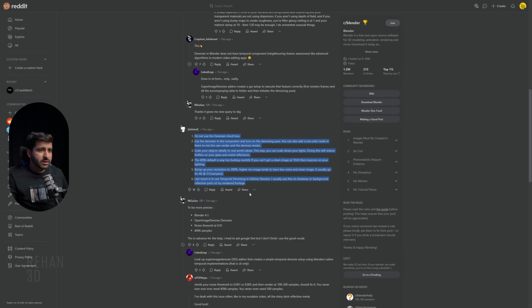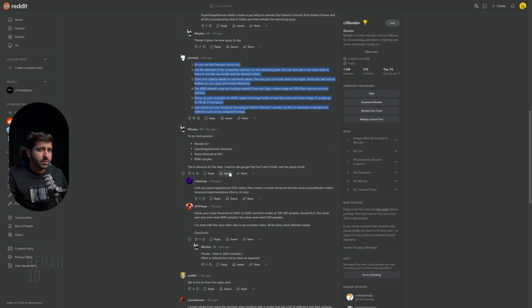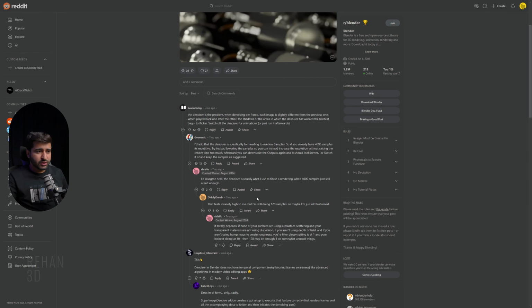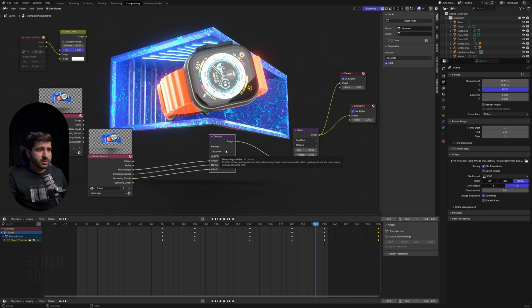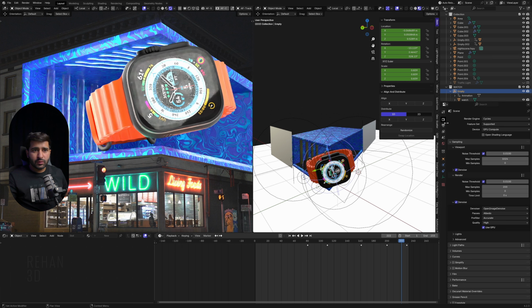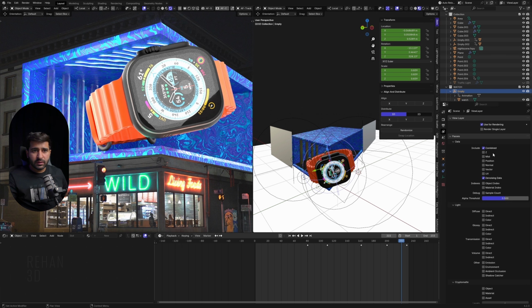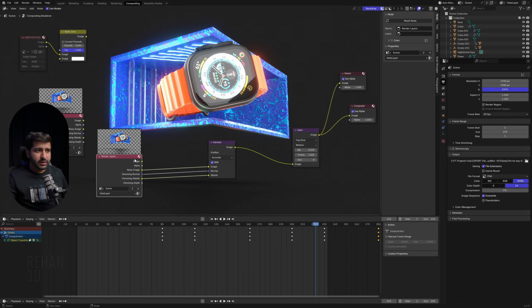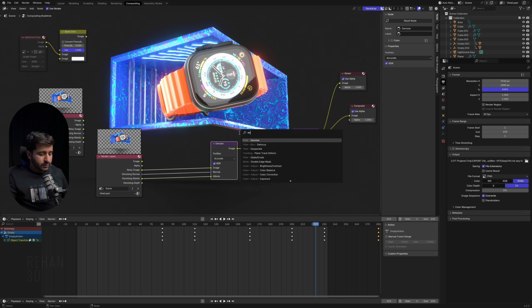After trying many methods, I solved the issue. This is just so you don't have to spend so much time and struggle with these issues, as I spent a lot of time fixing them. How I fixed this is by connecting these denoise nodes, and you just have to enable this from the view layer, and make sure to tick Combined and Denoising Data, so it will add denoising options in your rendering layer. After this, you create a new denoise node and connect it the same as I have connected it. And after this, add the glow effect.